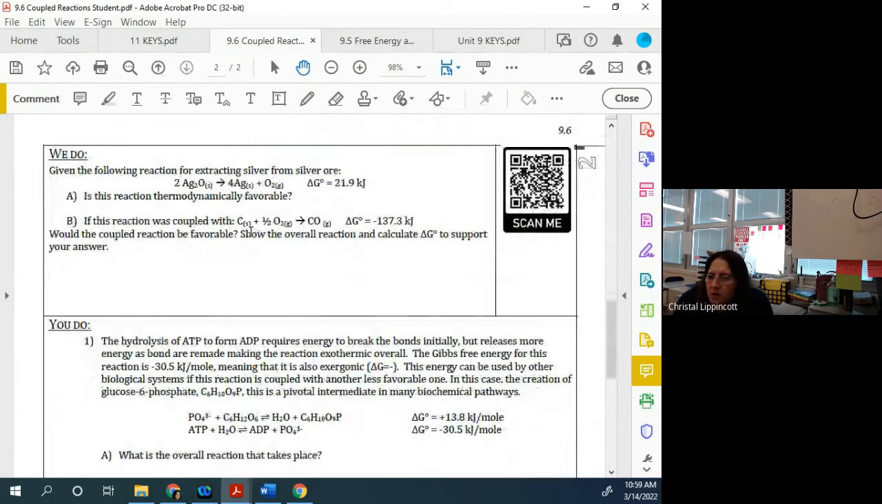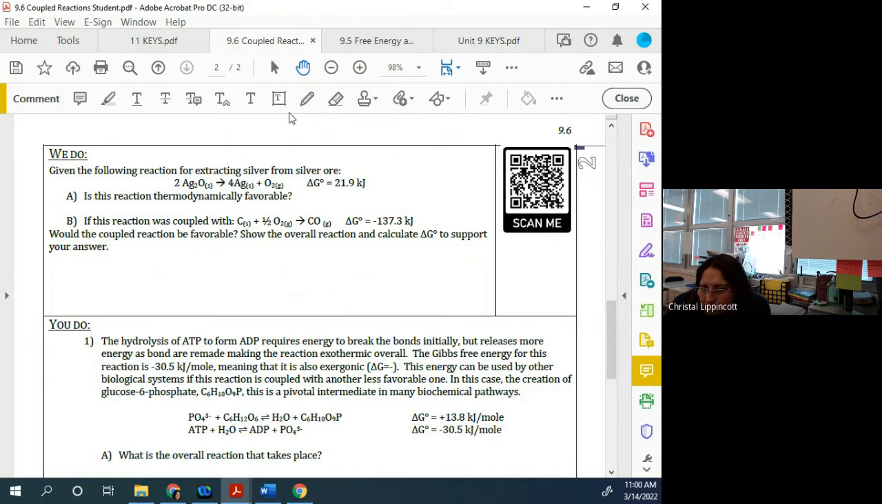All right, here is a reaction for extracting silver from silver ore. Is this reaction thermodynamically favorable? No, because it has a positive delta G. All right. If the reaction were coupled with this one, would it be favorable? Show the overall reaction and delta G to support your answer. Yes, because